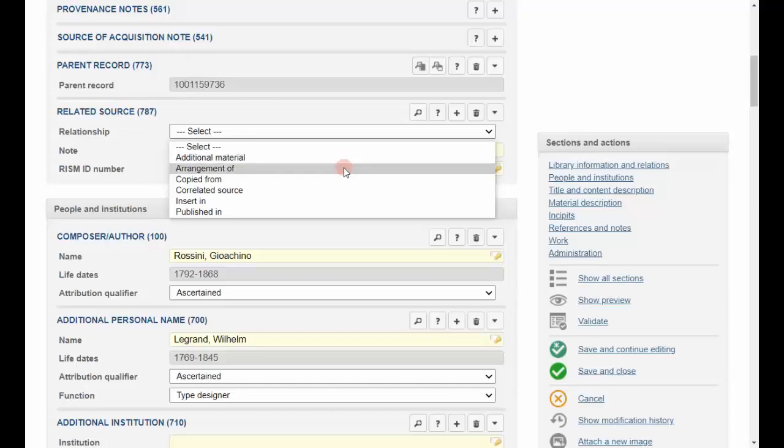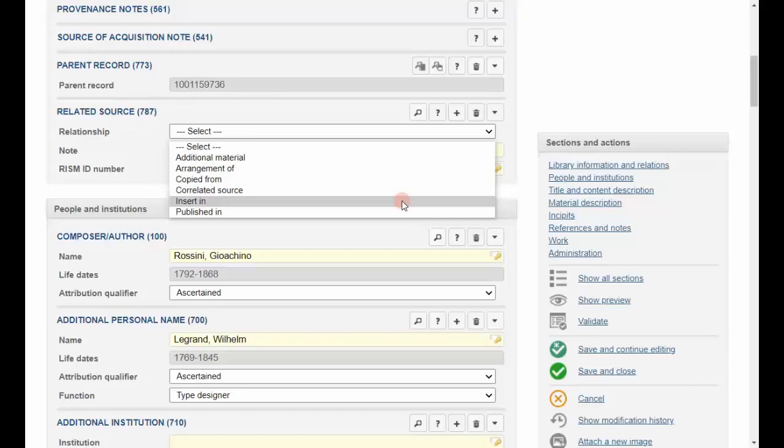Or for example, chorale arrangement from a printed hymn book. Or your manuscript was copied from a different printed edition. Or a correlated source that, for example, helps you identify the composer, or it is directly relevant to the source you are describing.